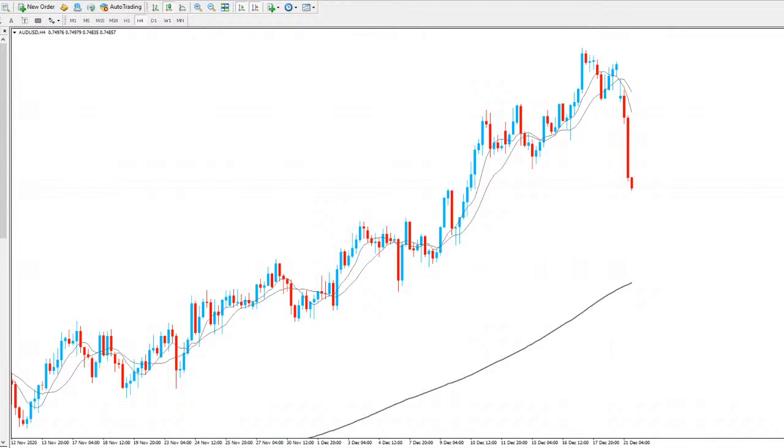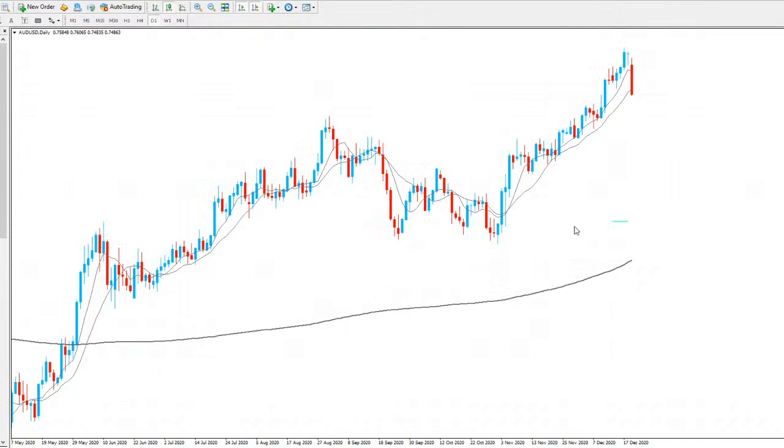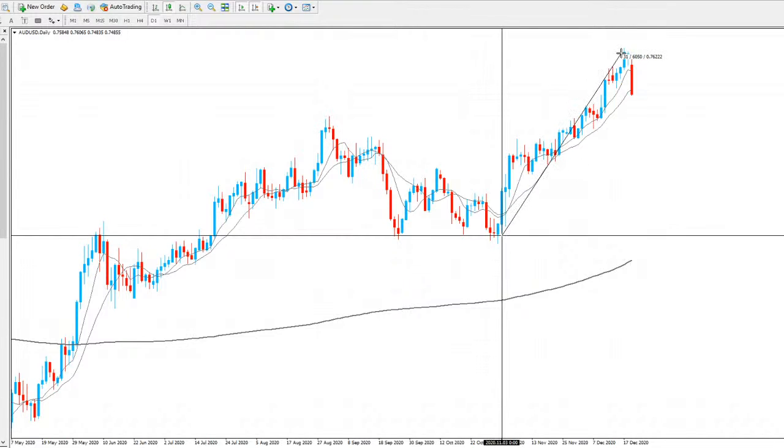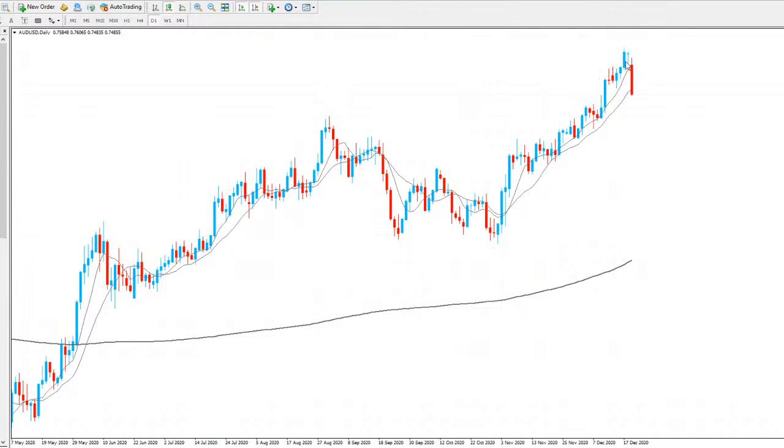You can see with this one this morning, I had a push to the downside. The market gapped down a little bit from where it closed on Friday, and we had a big push to the downside. So it looks like the market is starting to retrace the move that I've been talking about. As you can see here, we've had a big push to the upside all the way from the lows down here all the way up to here. So again, over 600 pips. You do expect to see some retrace coming back into the market.